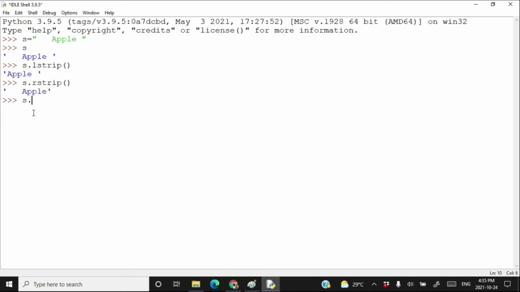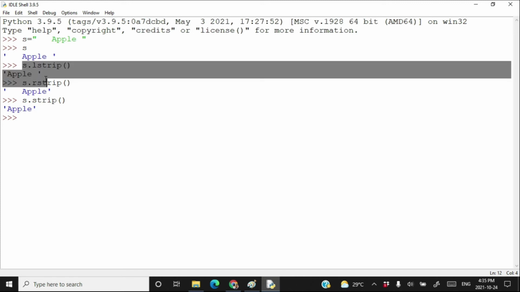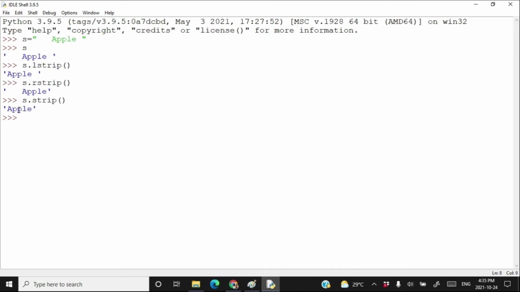If you type s.strip, it removes all the spaces from the beginning and from the end both. So in all these three cases, you get a new string with removed spaces. For lstrip, you get a string after removing spaces from the left. In rstrip, you get a string by removing spaces from the right. In strip, you get a string by removing spaces from both left and right.